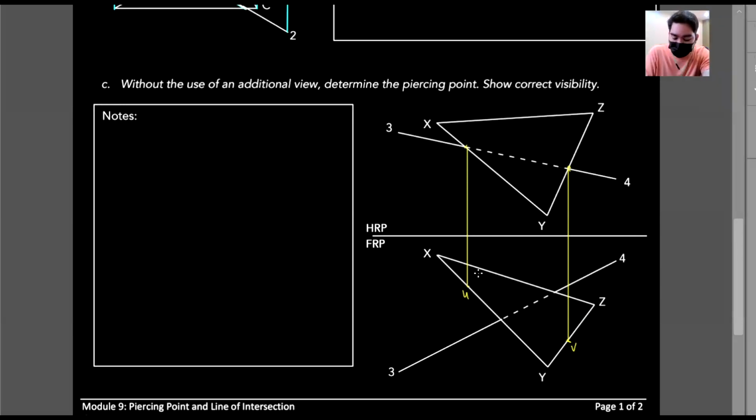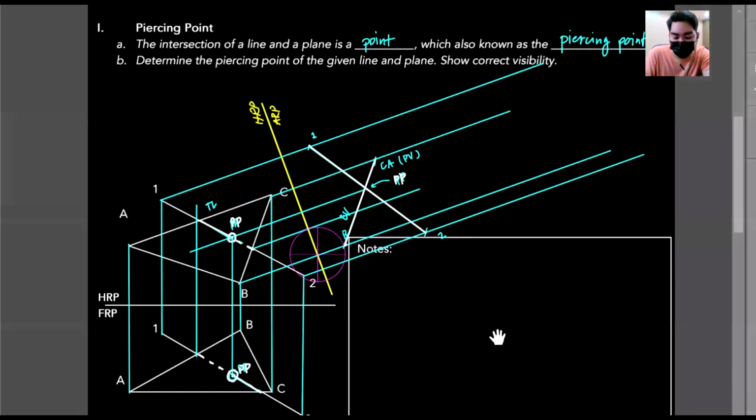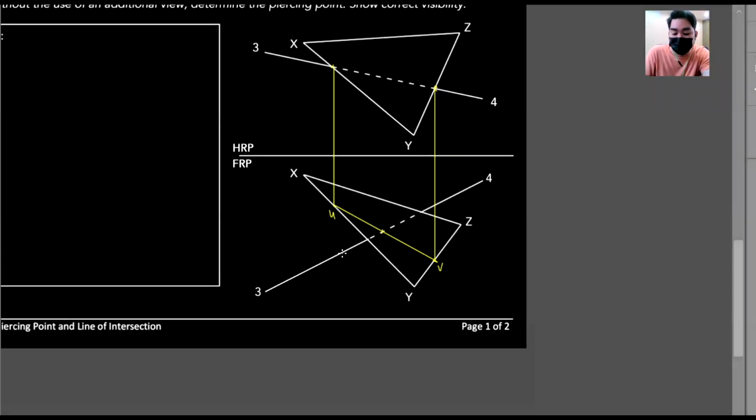Ang gagawin natin is, we just connect U and B. And where it intersects your line, that is actually the piercing point. So, di hamak mas madali itong method na to compared to this one where we do additional views pa. Dito, automatic, nahanap na natin yung piercing point. Tapos pwedeng project upwards na natin. Okay, so if we project it upwards,